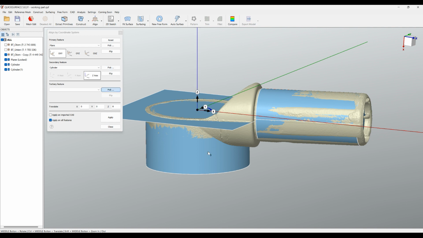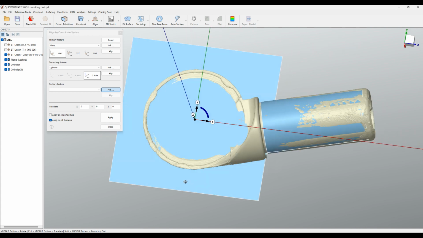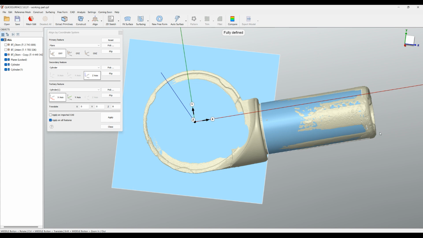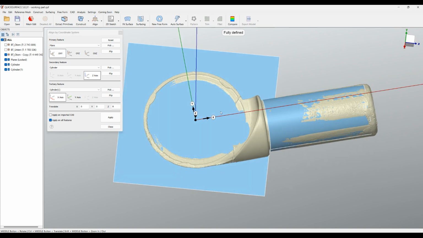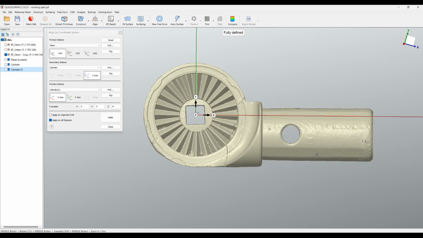Then I can pick this cylinder, and you see this became black because it found where the origin should be, but my x-axis is not in the right location, so I can pick this to define my x-axis. When I'm happy with this being my coordinate system, and how it will be positioned in space,